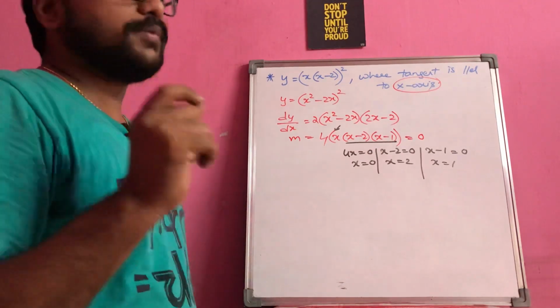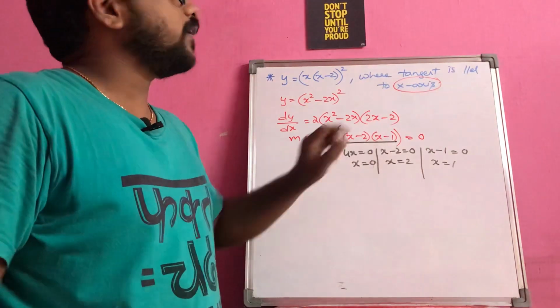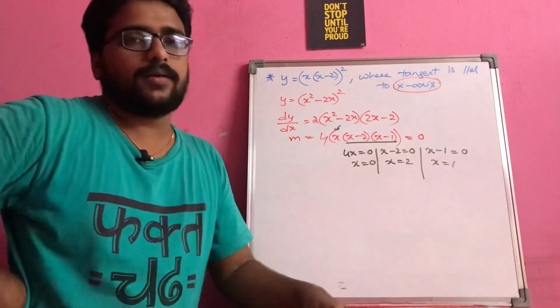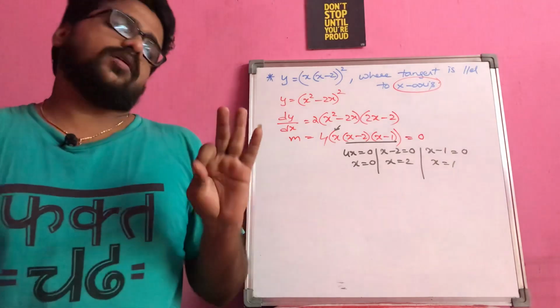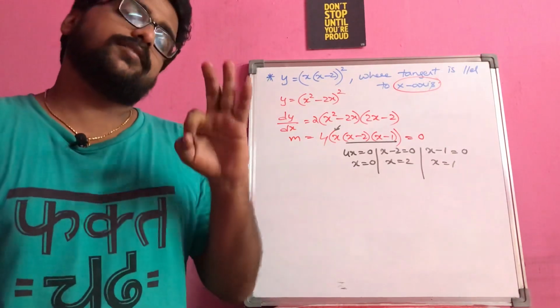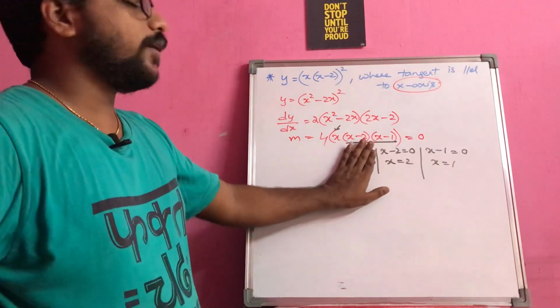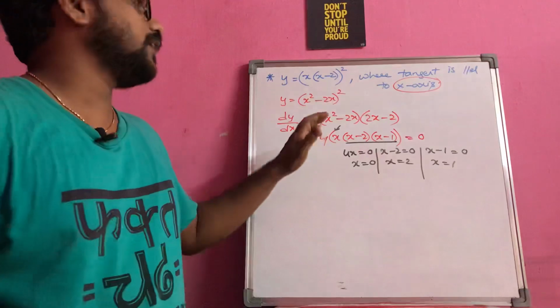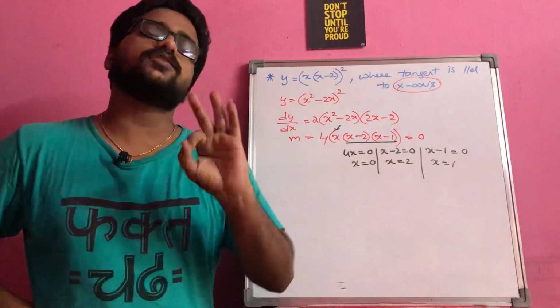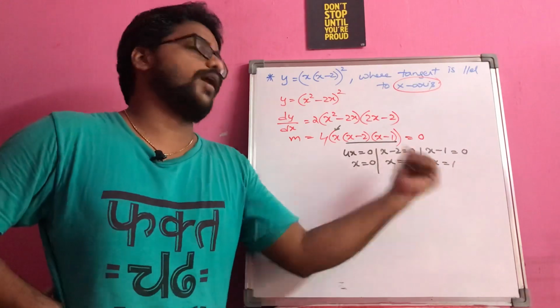So you can just remember or recall with some logic here. If you take the product, I will be getting a cubic polynomial. When I am getting a cubic polynomial with the highest power or degree as 3, it indicates that it will have 3 solutions. So if you just write at least 2 and 1, you should be able to recall that it's a cubic polynomial of degree 3, it should have 3 solutions. That's how you have to realize x is equal to 0, 1, 2.